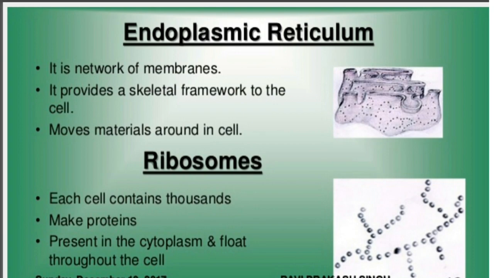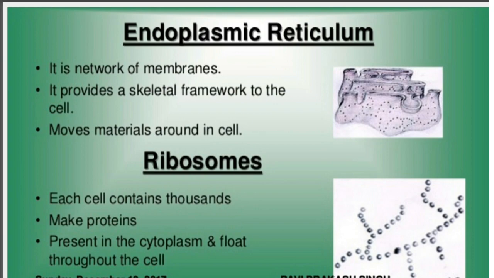The next is the endoplasmic reticulum. It is a network of membranes we can see. It may be a tube-like structure connecting the cell membrane with the nuclear membrane. It helps in transport and communication between the nucleus on one side and the cell membrane on the other side. We use it for the movement of material.